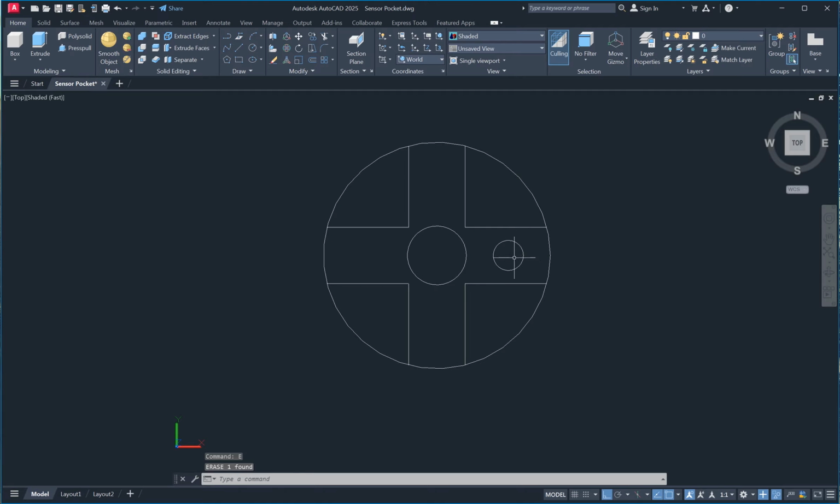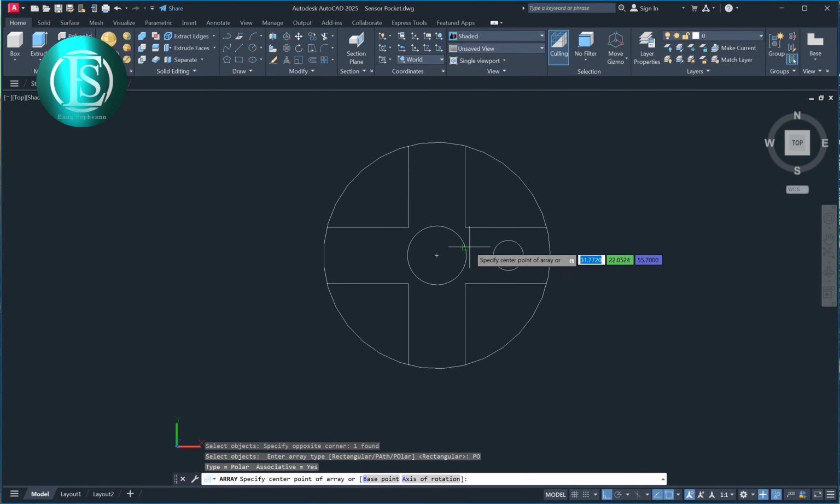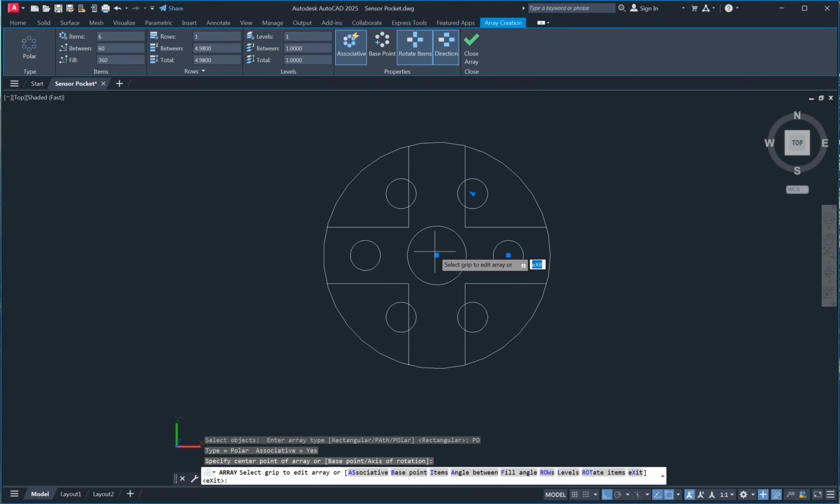and then this we need to array. AR, enter, select object, enter. Array tab, we click polar, specify center point of array, click the middle of the circle, select group or edit array.